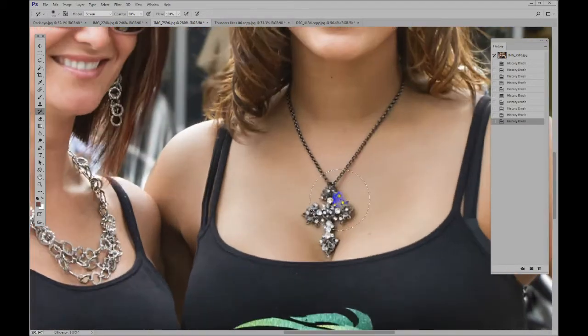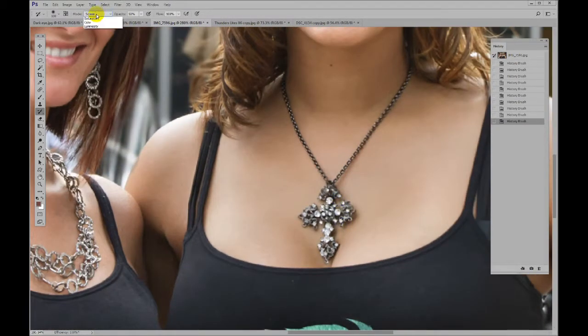We'll do this necklace thing. Let's make it. We're going to go back from screen, back to overlay, because we want to add contrast. We'll use 50%. Now you have to be careful here, because if you get the skin, let me show you what happens. See how it kind of lightens up the skin? We don't want to do that. We just want to hit these